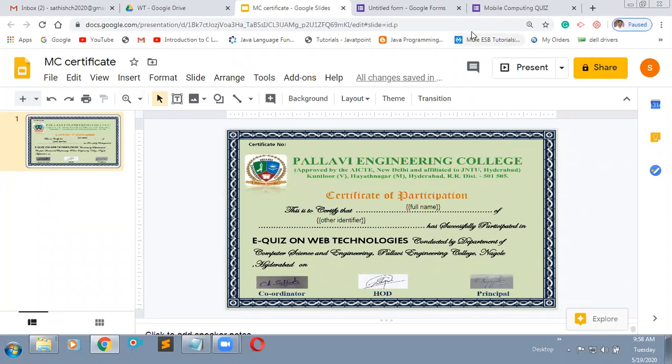Okay, Satish sir, one doubt I have. Tell me. You have written full name, right? Yes. If the name does not fit in this space, then it will be overwritten, obviously, right? Yes, sir. And actually, for the second one, what you need to do is create one Google slide here.